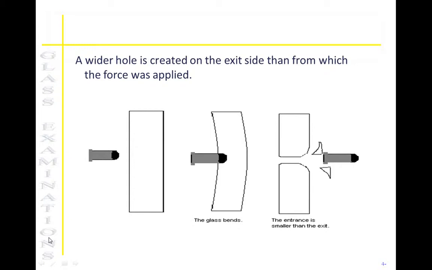So you can see in this example where a bullet, which would be very high velocity, is hitting the glass, it's going to initially start to bend, and then when it breaks, that exit hole is going to be a lot larger than the entrance hole. So if you have an impact area where you can actually examine that hole, if there's more glass missing on one side than the other, you know that that would be the exit area,